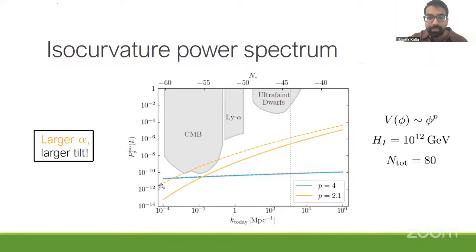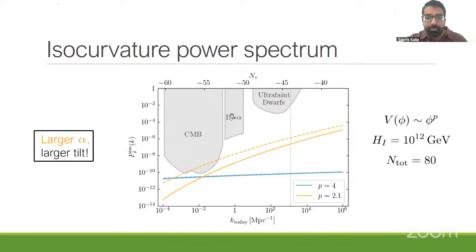And you can see in both cases, we get some amount of blue tilt here. As I mentioned before, the tilt at any given point is related to the alpha at horizon crossing. So we saw that the alphas around minus 60 or so were relatively large, and that's why we can see a relatively large tilt at CMB scales. Again, if alpha is larger, then the tilt's going to be larger. That's why this orange one has a much stronger tilt than this blue one. But even for the blue one, we can see it really gains an order of magnitude over many scales.